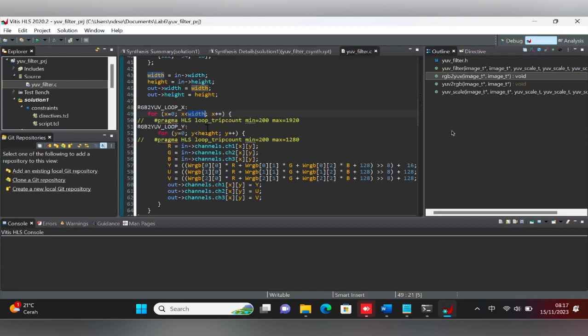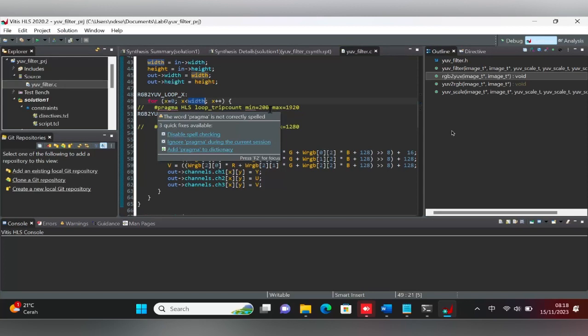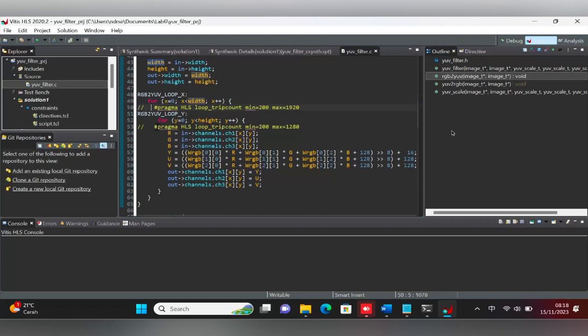As you can see here, the comment is still not active, so we will uncomment it. If we use this command, we will limit the cycle or trip count here. We limited the minimum loop count to 200 and the highest to